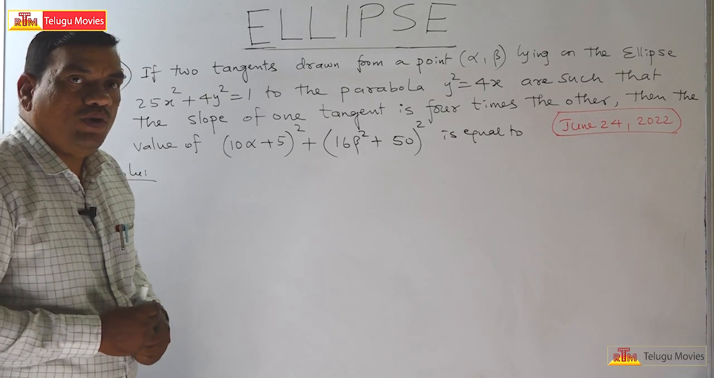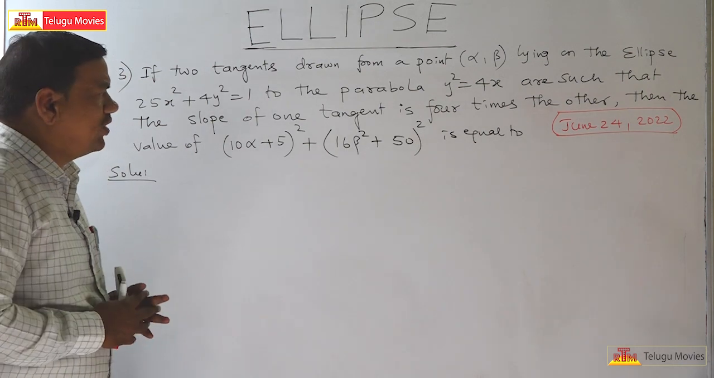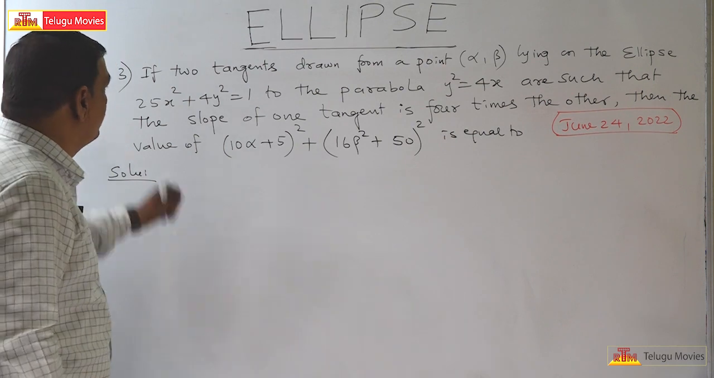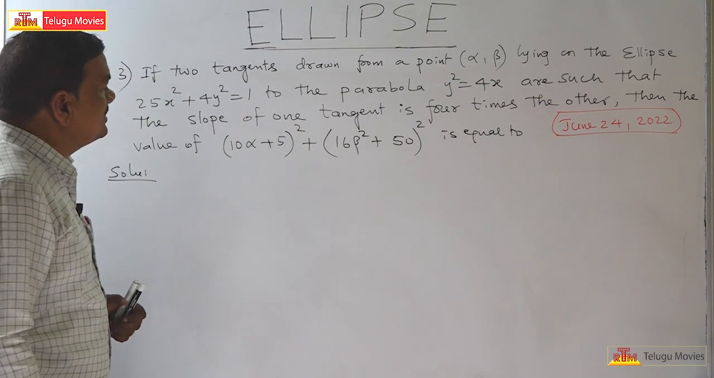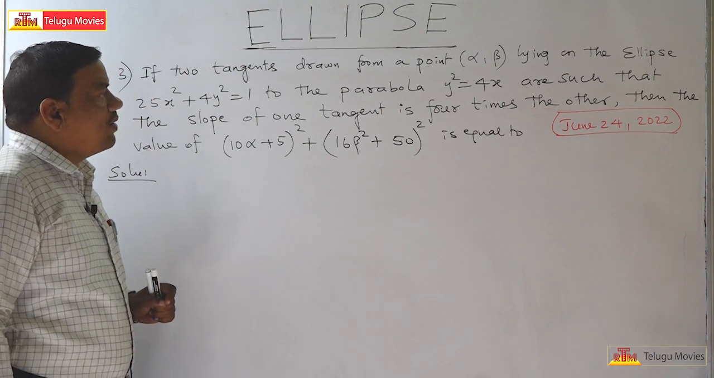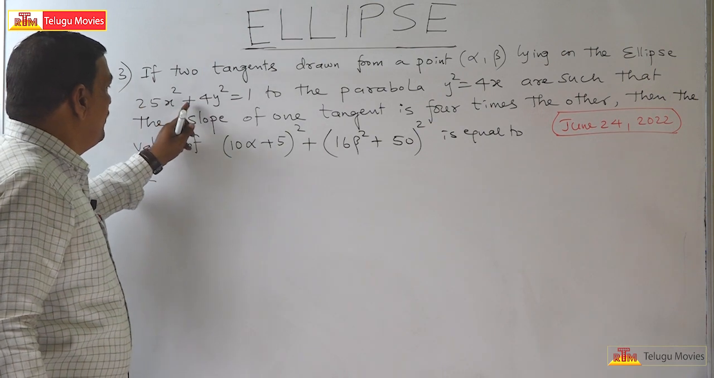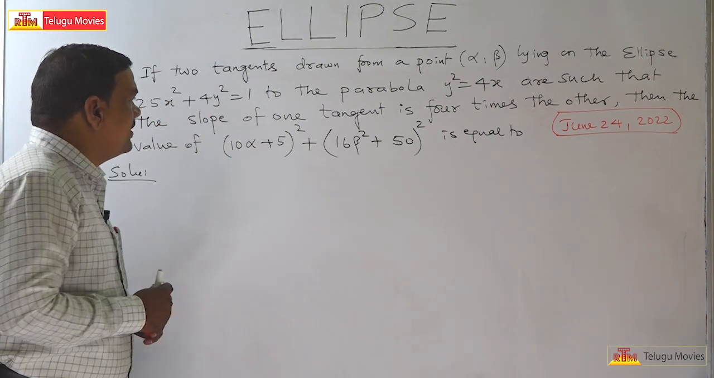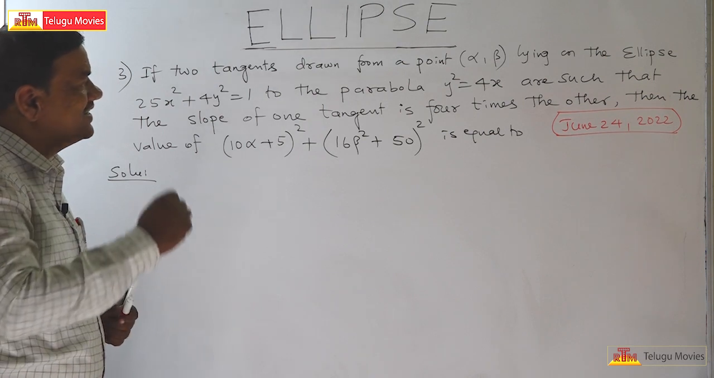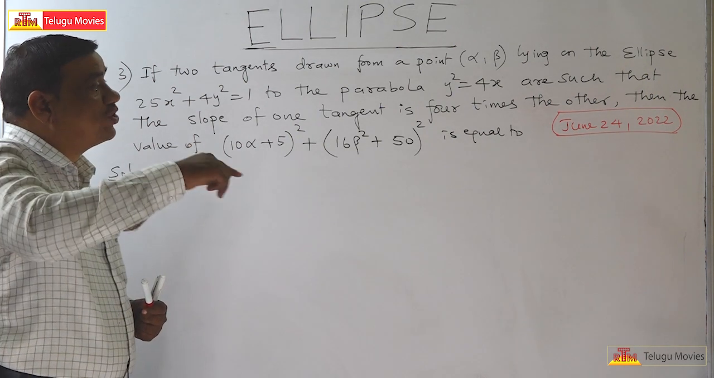Welcome to this problem. This is one of the somewhat typical problems, but a very easy problem; only the calculation part is required here. So, let us see the problem. If two tangents are drawn from a point (alpha, beta) lying on the ellipse 25x² + 4y² = 1 to the parabola y² = 4x, such that the slope of one tangent is 4 times the other,